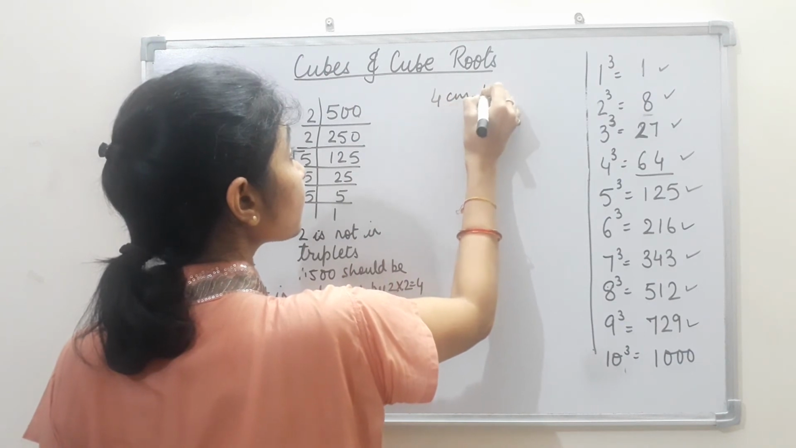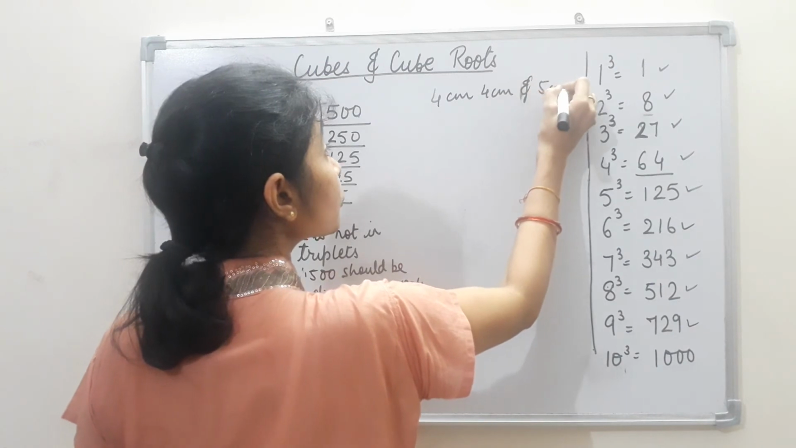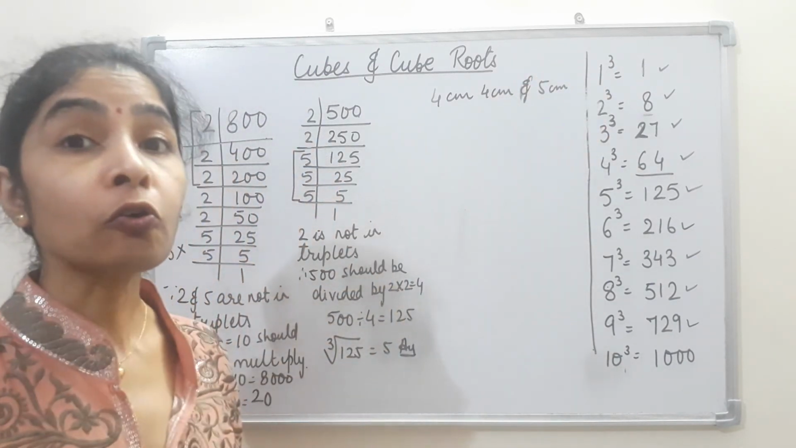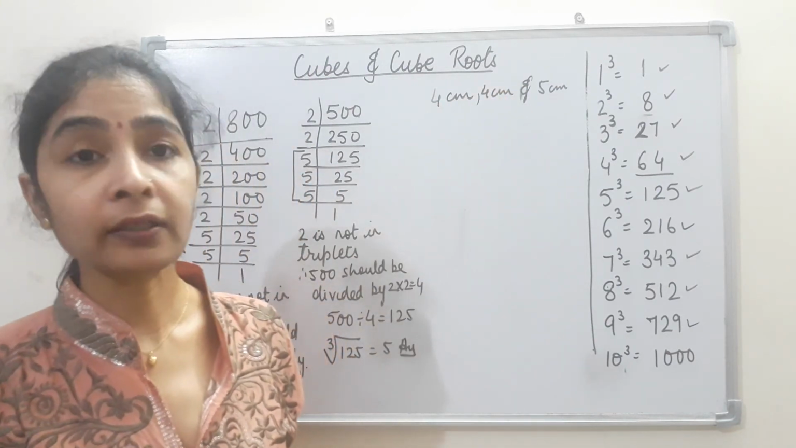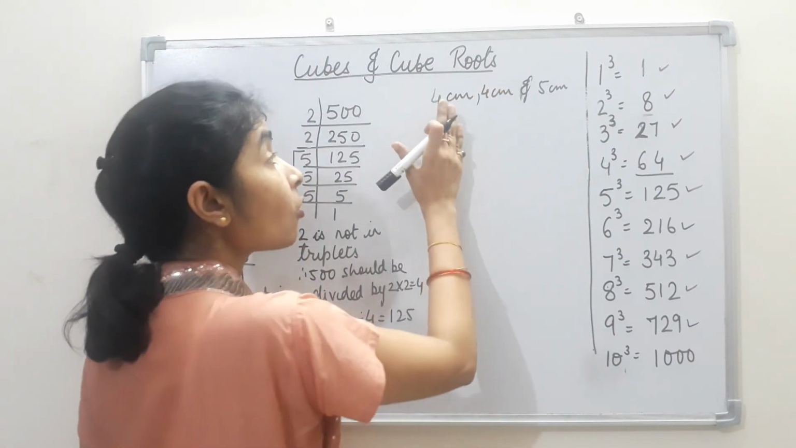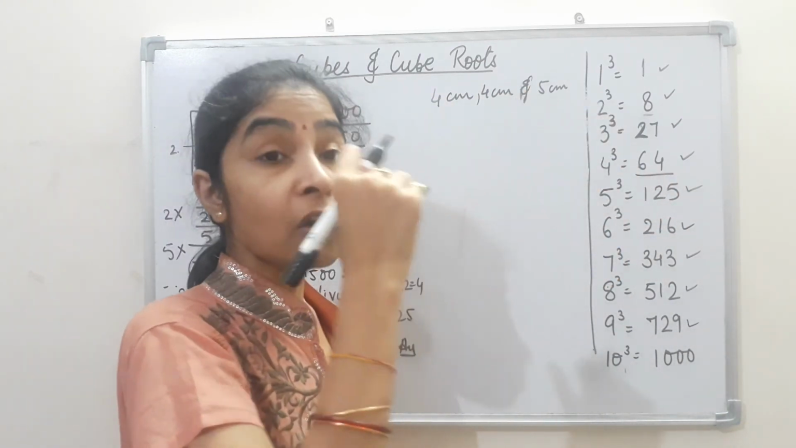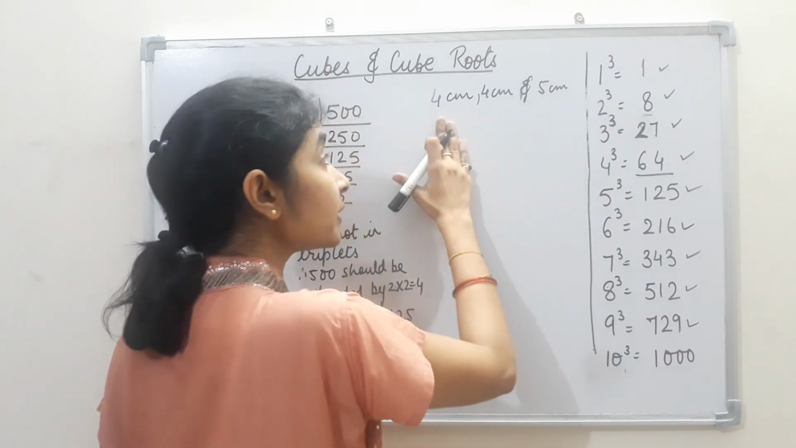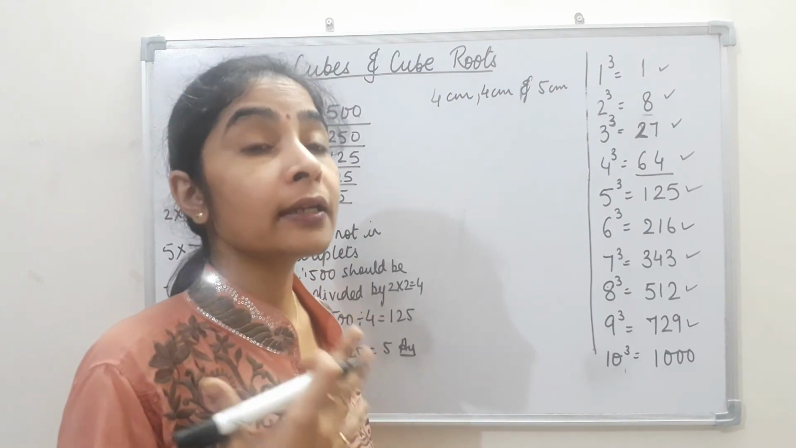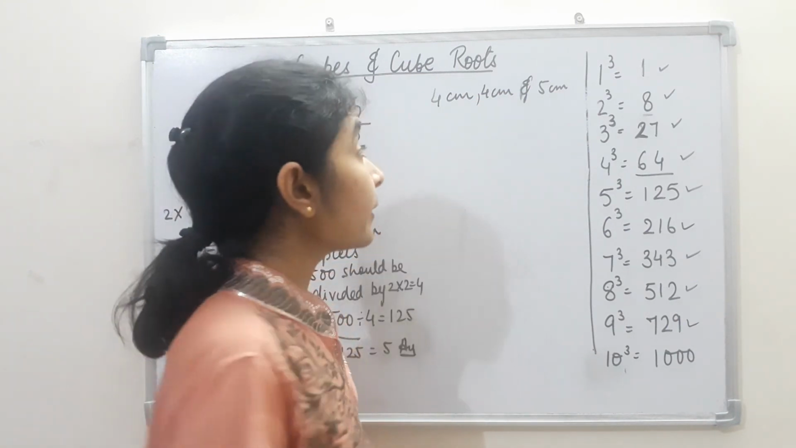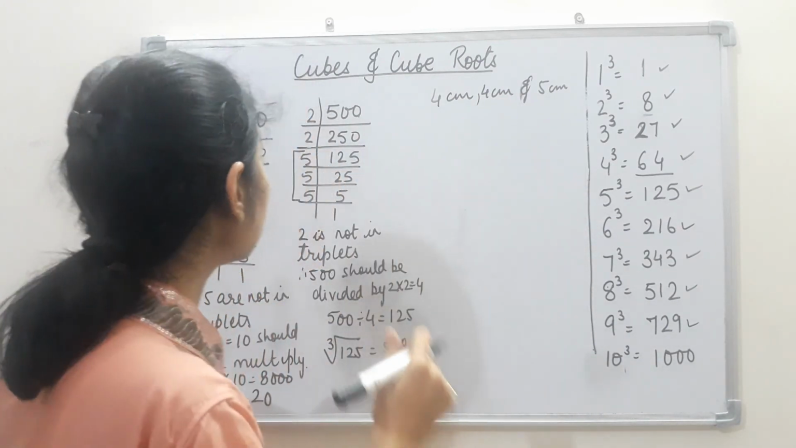4 centimeter and 5 centimeter should be joined together to make it a perfect cube. One can be a length, one can be breadth and one can be height. So how many cuboids of dimensions 4 centimeter, 4 centimeter and 5 centimeter should be joined together to make a cube. That means we want a perfect cube number here, and they are simply asking here like